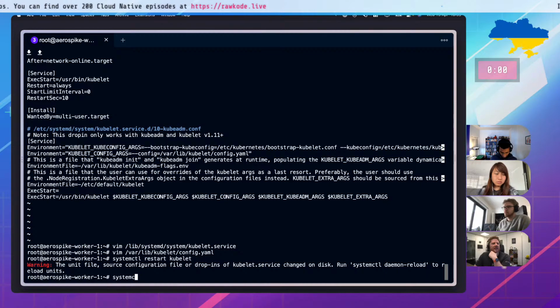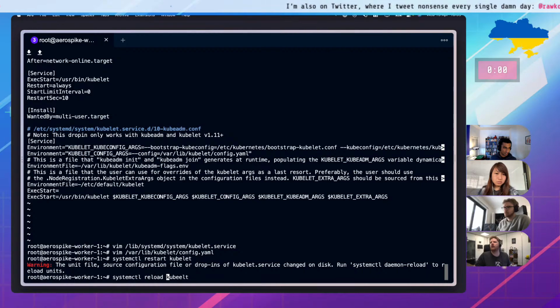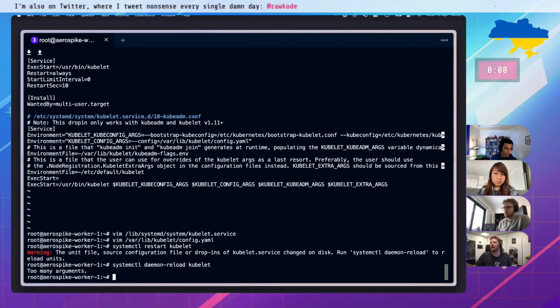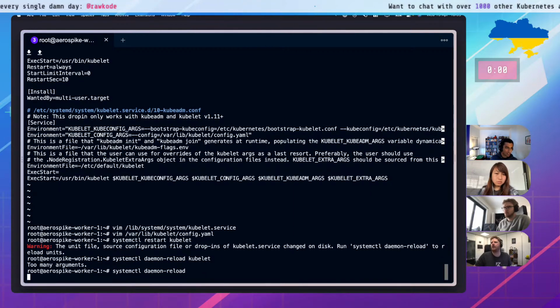It's just systemctl daemon-reload. Daemon reload will reload all the unit files. And then you can restart the kubelet from there.